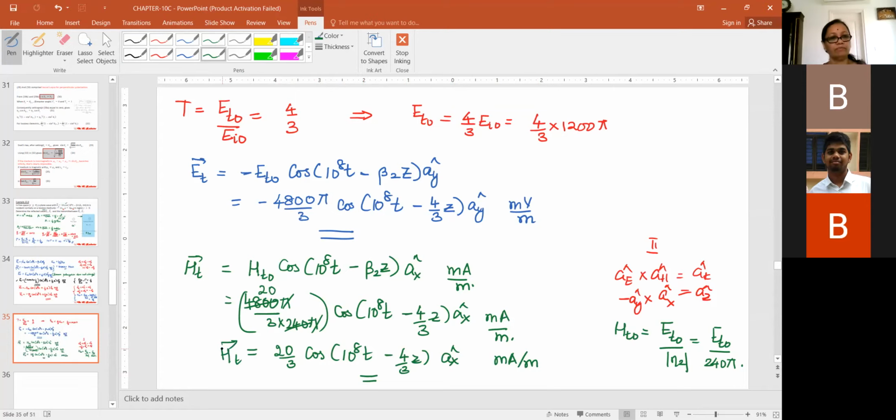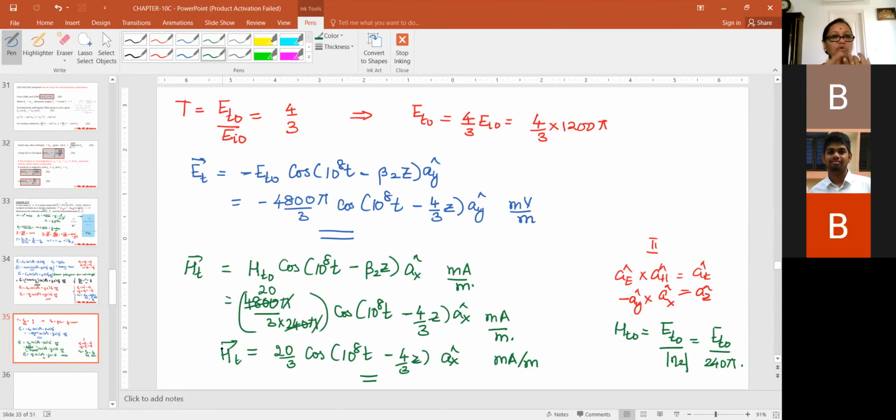So did you understand? So what are all the presumptions we are making? The first presumption is that when a wave is incident normally on the interface, there is no change in the polarization. Next, there is no change in the omega value or the frequency when a wave goes from one medium to another. Then the next thing we do is finding out all the related parameters that you require.